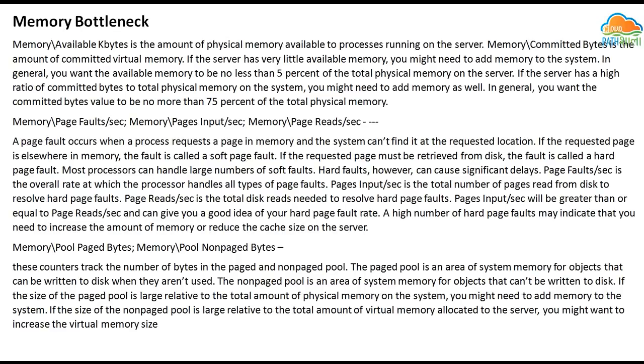If the requested page must be retrieved from the disk, the fault is called a hard page fault. If you see that page input per second is greater than page read per second, it means there is something wrong. Page input per second and page read per second should have equal values, otherwise it's not good for your system, and you must have some memory leak or hard page fault rate